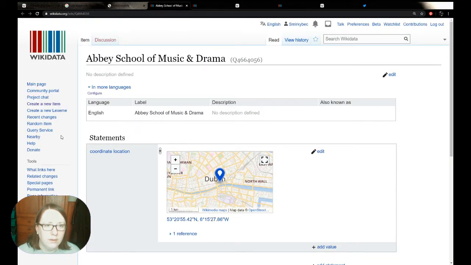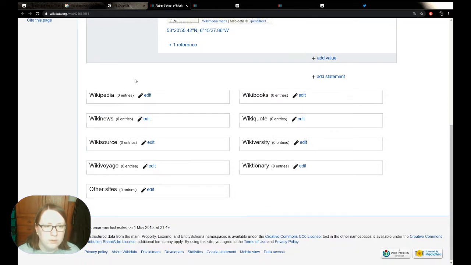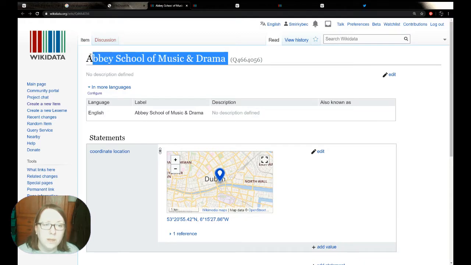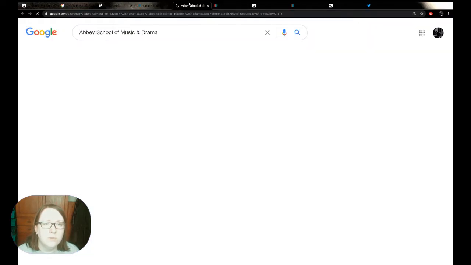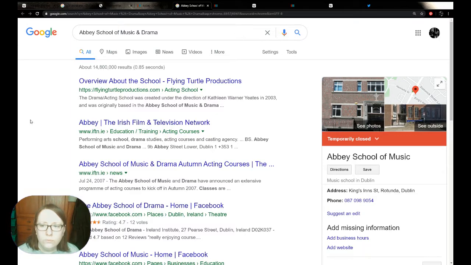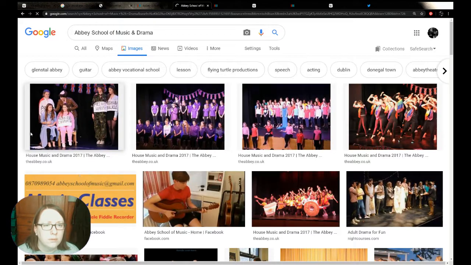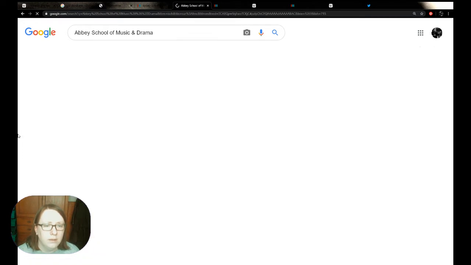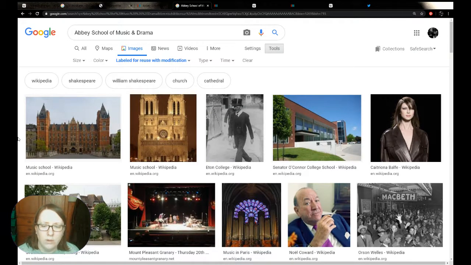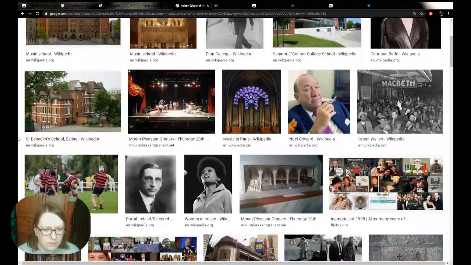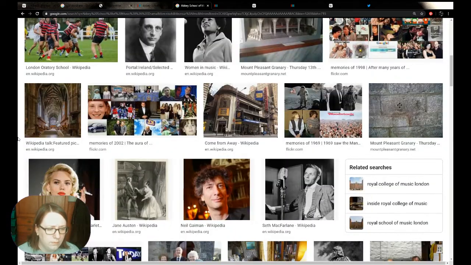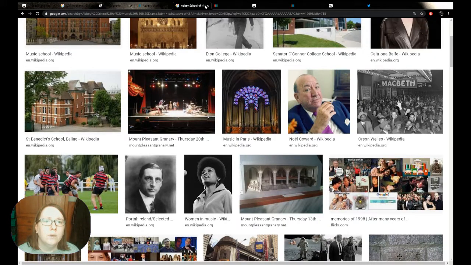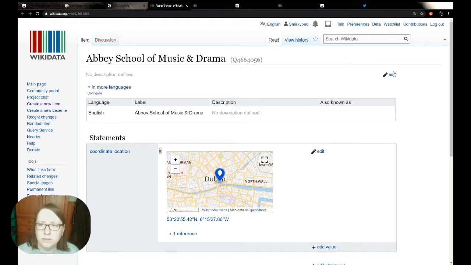Now, Abbey School of Music and Drama. So we don't have a Wikipedia article for this. So more than likely, we're not going to be able to find an image for it. If we do a quick Google, go to images, tools, usage rights, no, it doesn't look like there are any images of the building that we're looking for. But again, what we can do is add